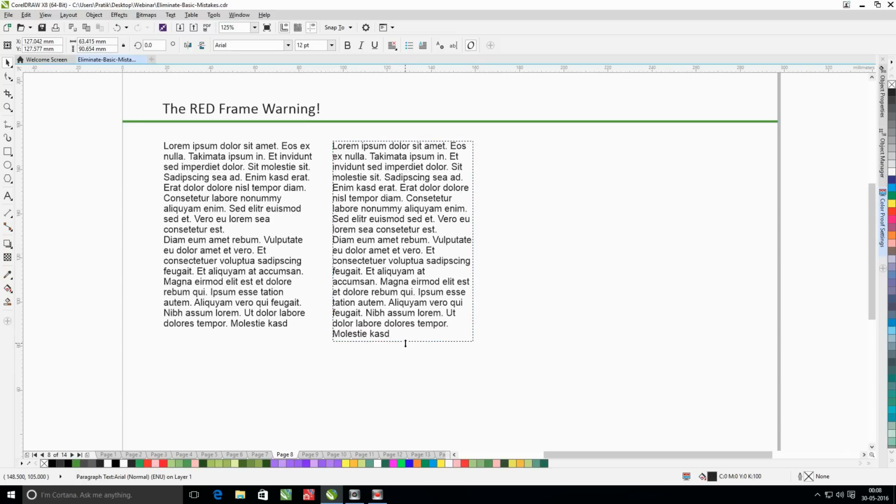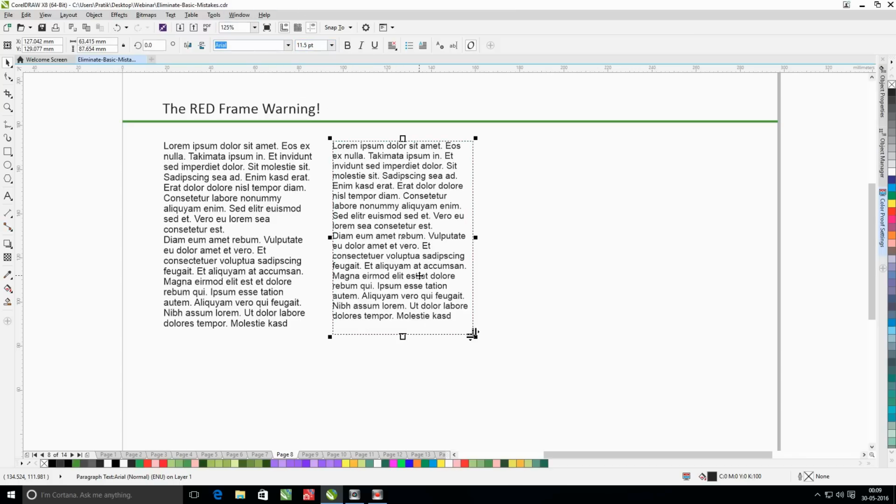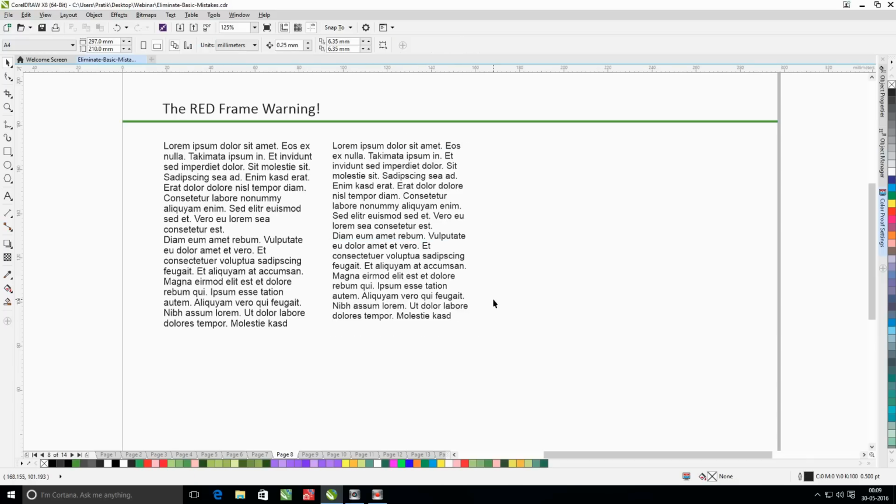So what happens is, when you try to scale down the text object, you can see this red mark border across the text box that suggests that there is some part of text flowing out of the text box. So either you need to resize this paragraph text box, or maybe you can reduce the font size to accommodate the text inside the frame area.